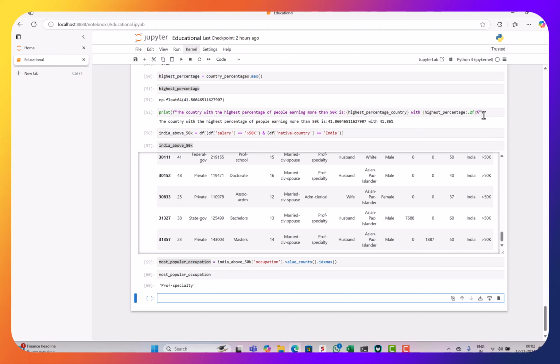Now, if I want to print this, I have my printing code with me. Copy the printing command, I paste it here, and then the statement which I want to write. I will write the statement which I have been asked to print. So the popular occupation for those who earn more than 50K in India is